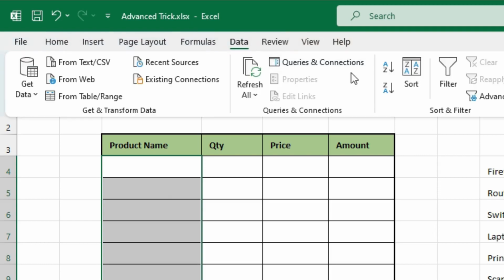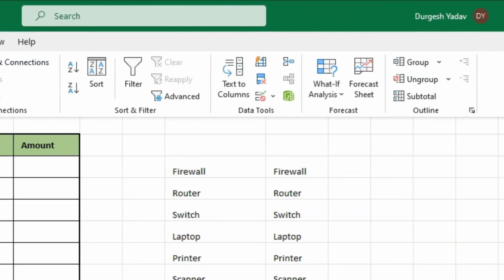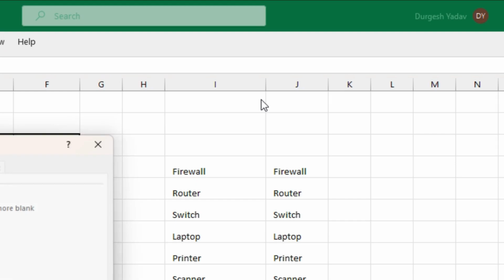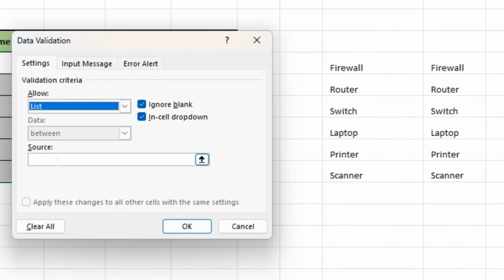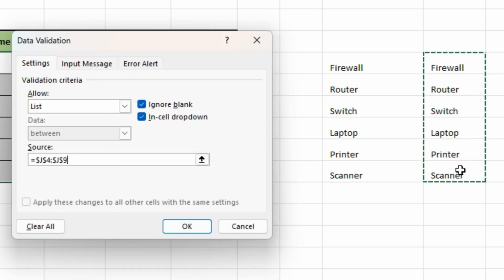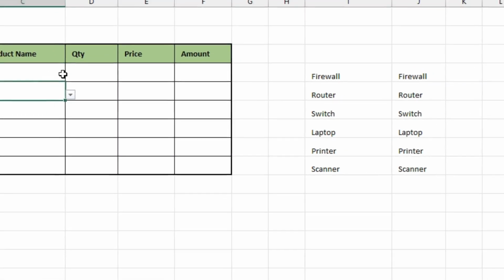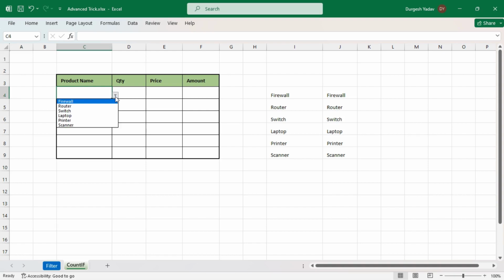So we'll go to data, select the cells, go to data, go to data validation. From here we'll select list. In source, we'll select the product names which we have generated through the CountIf formula and the filter formula. Now click OK. So we'll get the drop down list over here. Now if I select any of the product name,